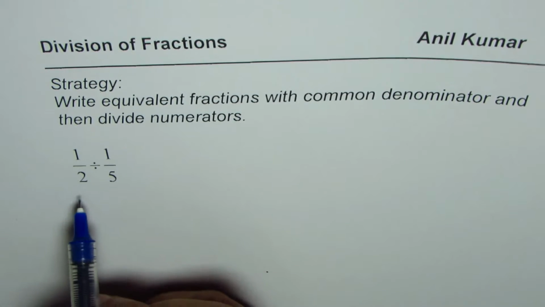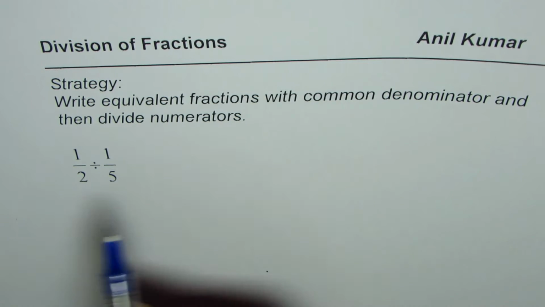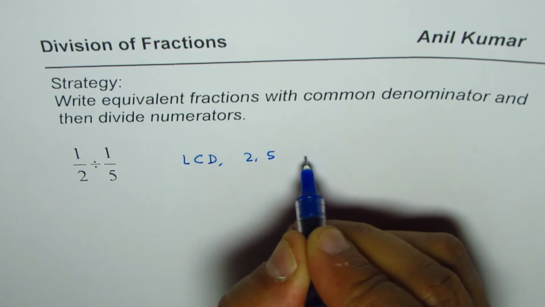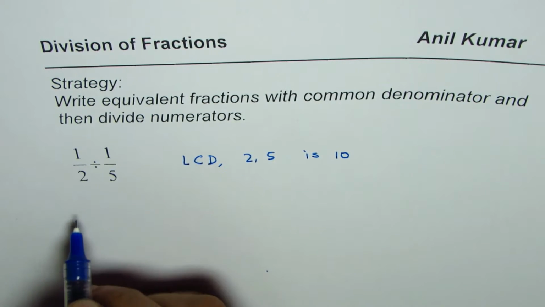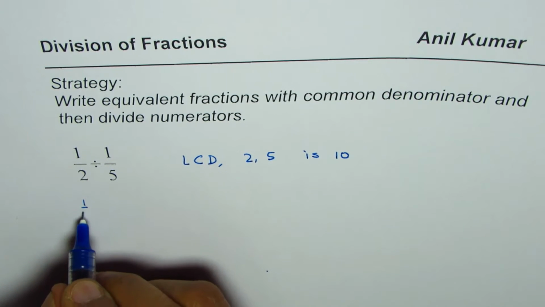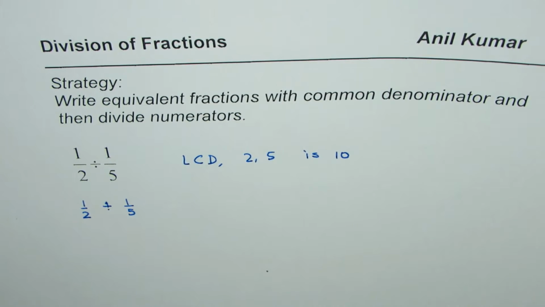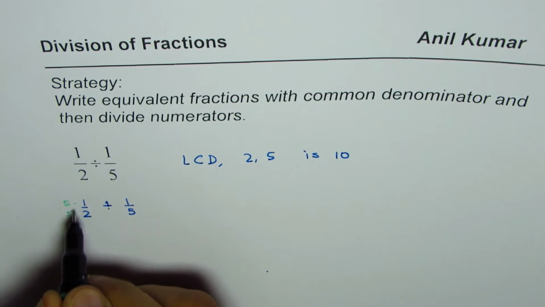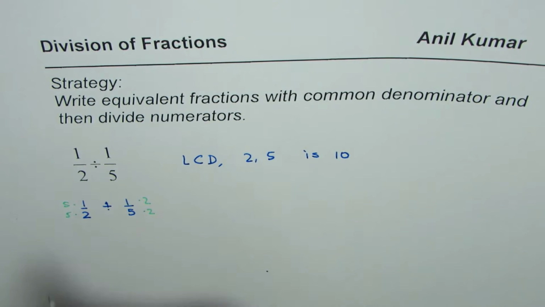The first step is to write the expression with a common denominator. The lowest common denominator for the numbers 2 and 5 is 10. So we'll multiply the first term by 5 and the second by 2. So we have 1/2 divided by 1/5. We can multiply both the numerator and denominator of 1/2 by 5, and the other one, 1/5, by 2. So once you do that, you get